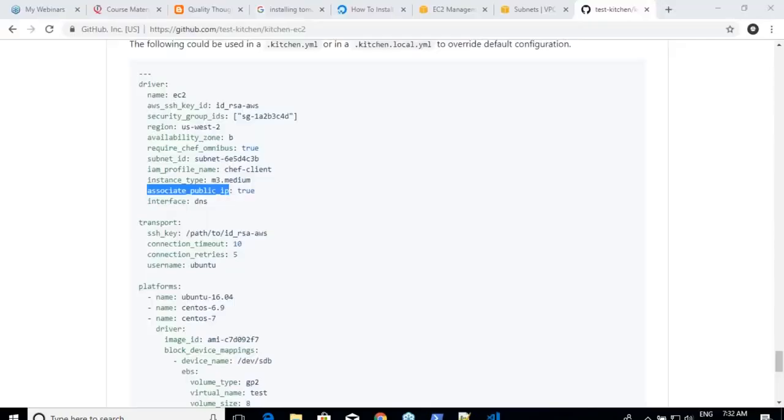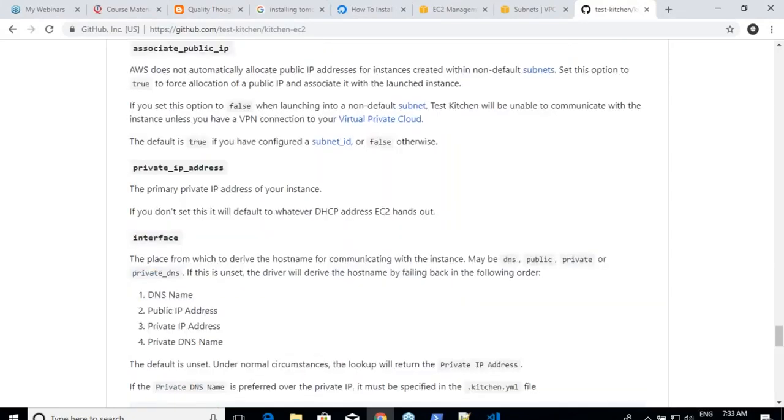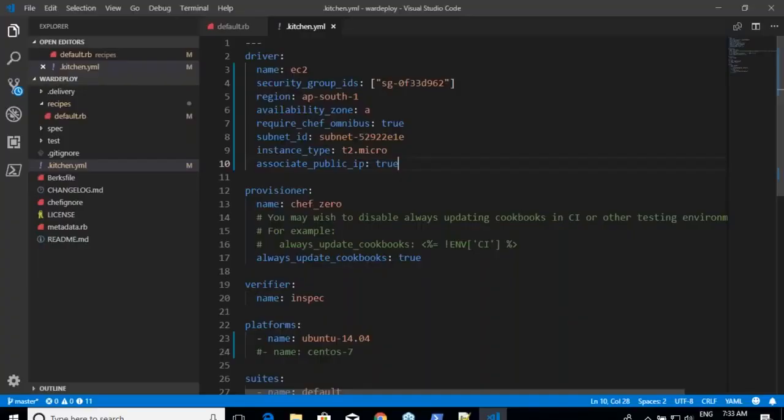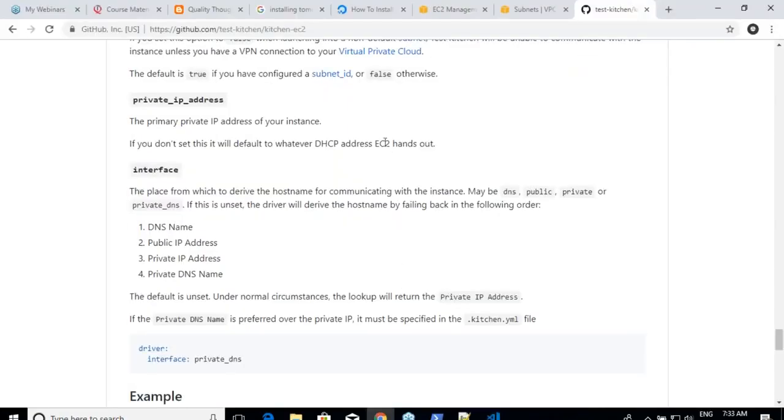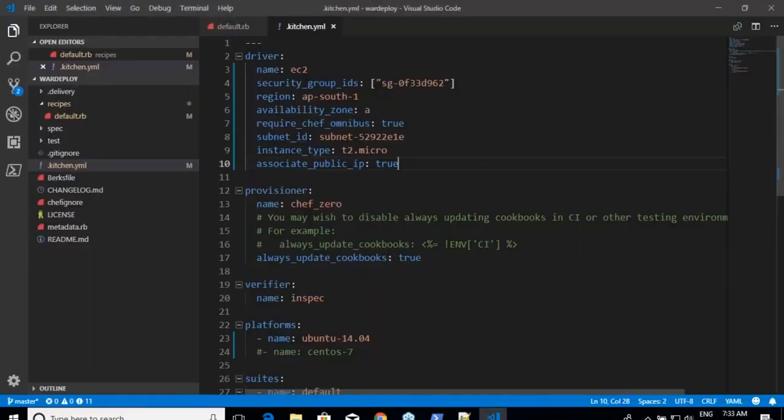True. And if you are not understanding how I am filling these values, for everything which you see, there is a description over here. You can go there and just check. So for example, interface, right? That is what he's trying to fill. If you see interface, he tries to tell how interface works. And you can possibly give the values DNS, public, private, or private DNS. You can give any of these, right? Even if you don't give this, it will try to do the following. I am not giving interface. So you have to go for every YML section, look into the documentation and see what are the possible values and how you fill them. Am I clear on this?